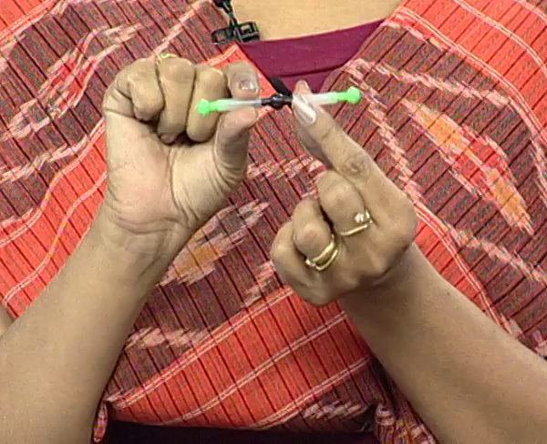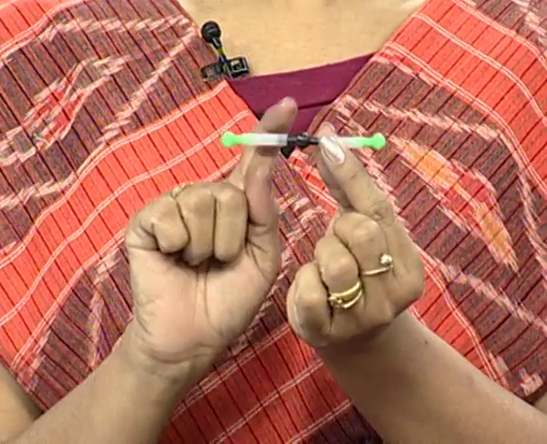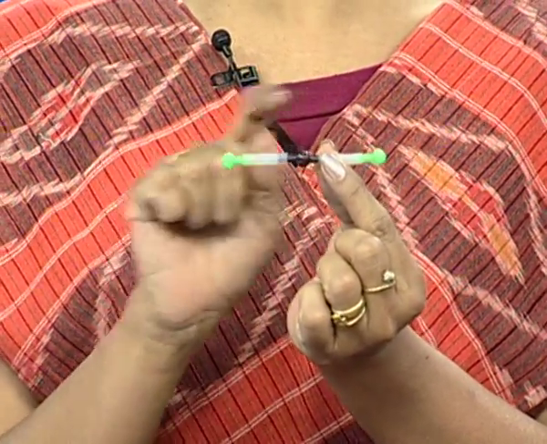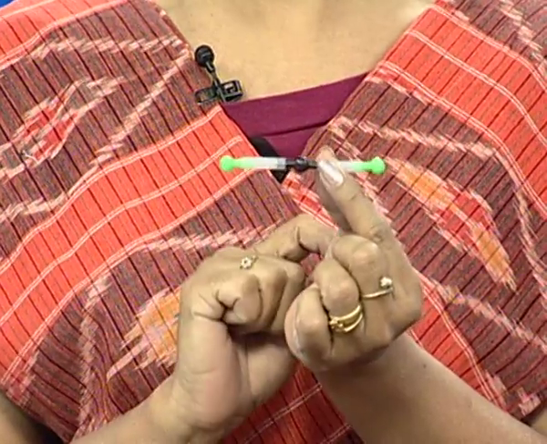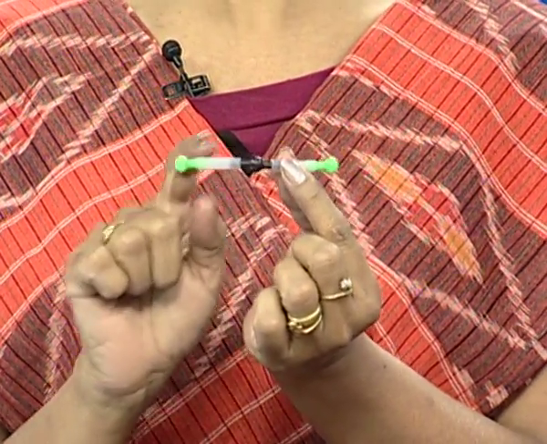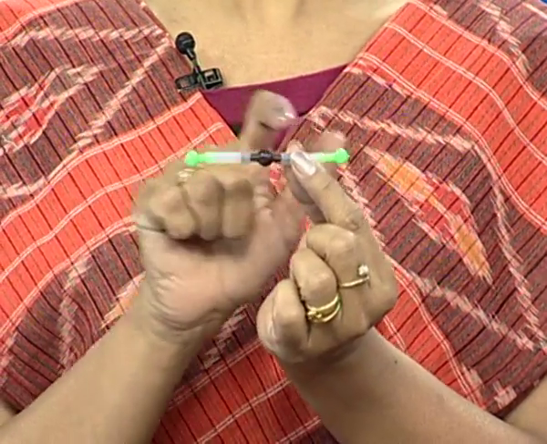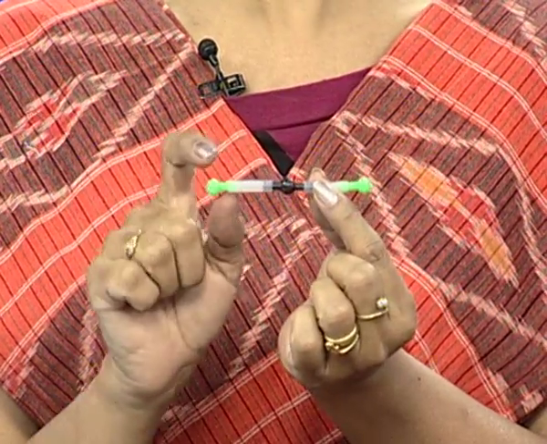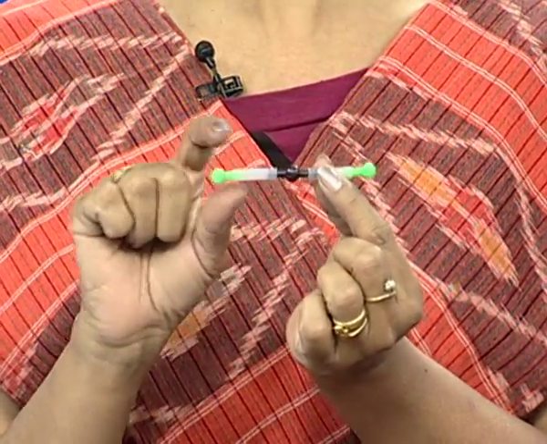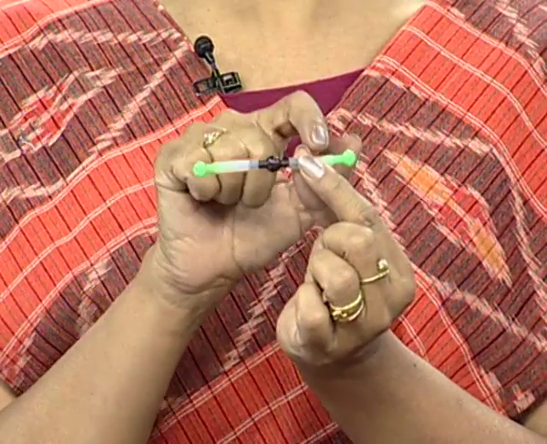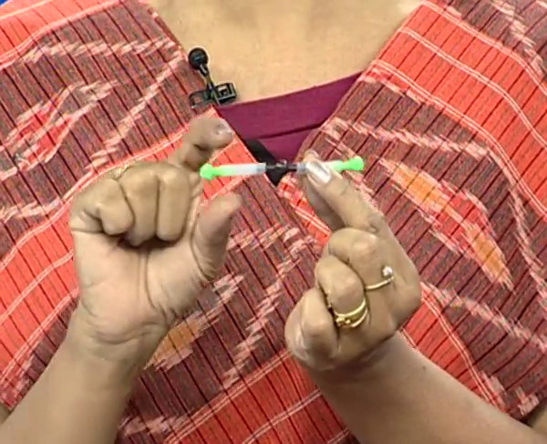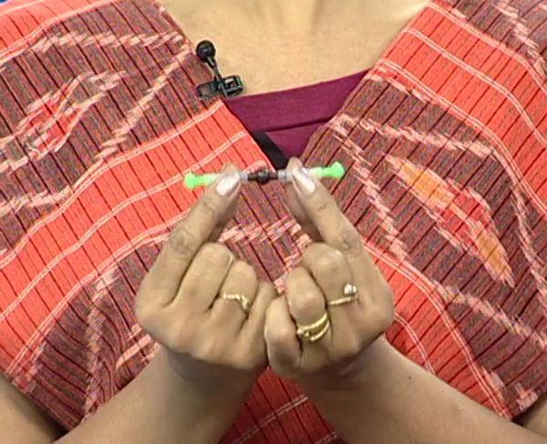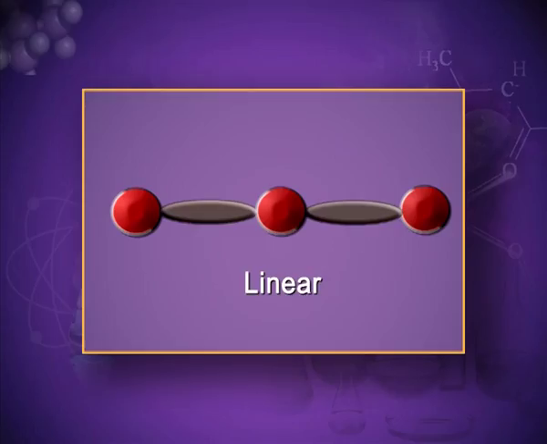Now, this is the beryllium chloride molecule. The black ball is beryllium and the green balls are the two chlorine atoms. We can see that this is the covalent bond and there are two electron densities. Just to have the minimum repulsion, they take the shape of a linear molecule, and the angle between these two chlorine atoms is 180 degrees. This is a linear molecule and there is only one possibility. This is the linear shape you can see.